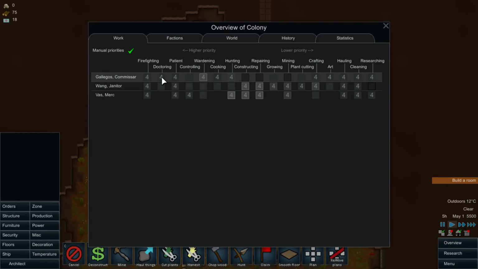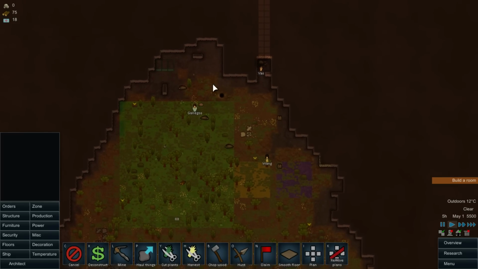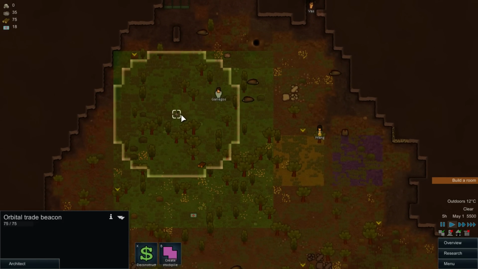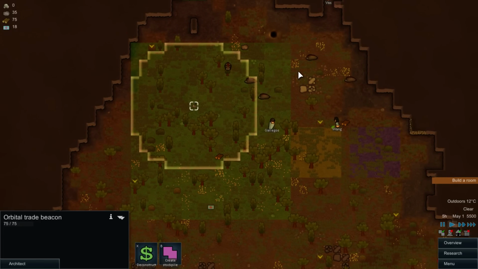Mining. So one person is not mining, so they should mostly be hauling. That'll be Gallegos. And we're actually going to make that like a priority 1 job to keep that going here. And if we've got any research to do, Voss, do it. We'll put hunting, actually. If I do want any hunting, I want it done right away. All right, we'll do something like that. So that got built right away. So now that we've got that, I can go and...